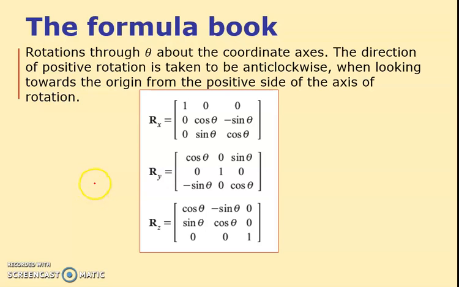It says rotations through theta about the coordinate axes. The direction of positive rotation is taken to be anti-clockwise. But now, of course, anti-clockwise is a bit less obvious because it's in 3 dimensions. When looking towards the origin from the positive side of the axis of rotation, that's a bit of gobbledygook, really. It's quite hard to define. But notice the 1, if you're rotating about the x-axis,